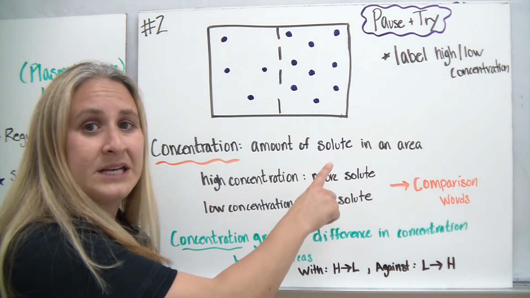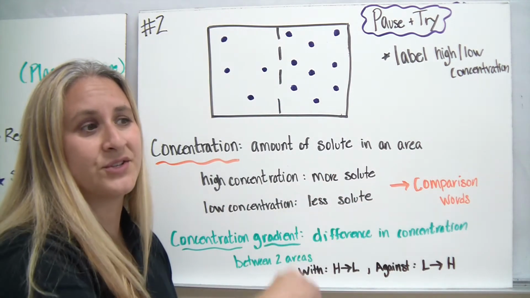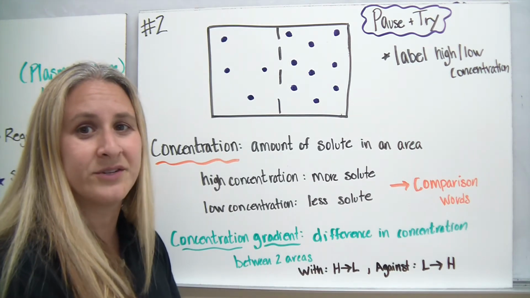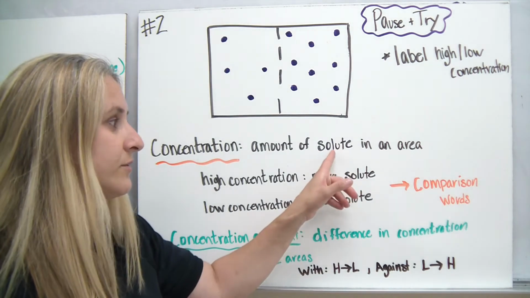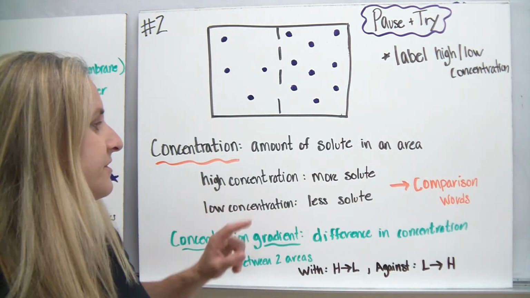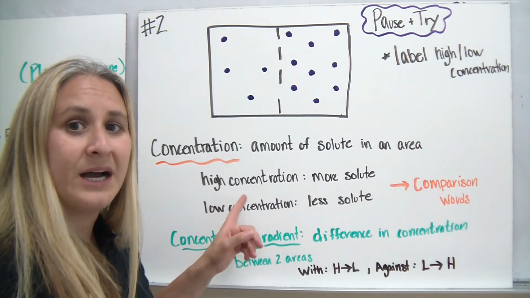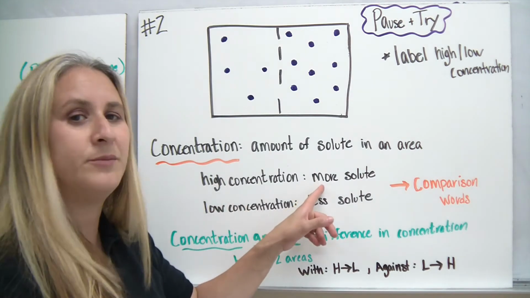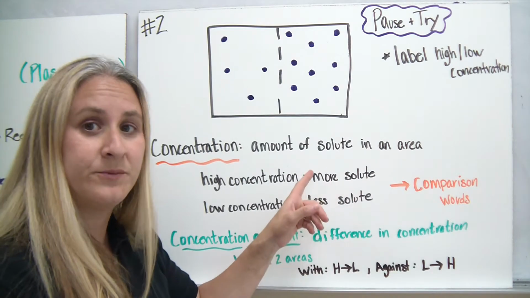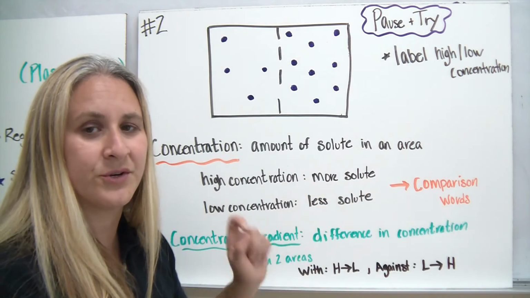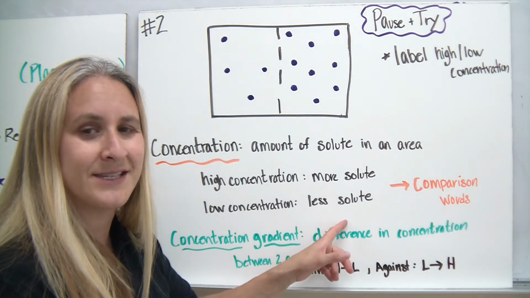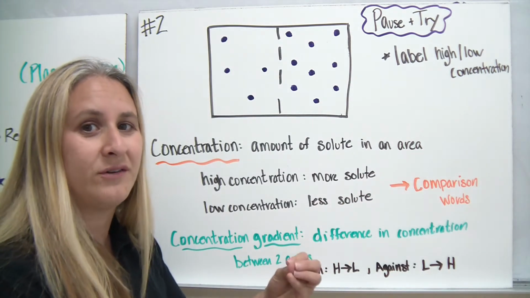And if you can remember, solute is something that gets dissolved into another substance. So typically we'll talk about things that are dissolved in water as our solutes. In terms of concentration, we usually refer to high concentration and low concentration. High concentration would mean that there's more solute, or we dissolved more things into our solution, and a low concentration would mean that it has less solute or fewer things dissolved in that